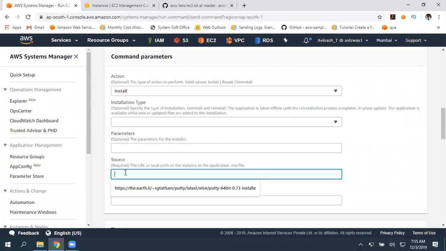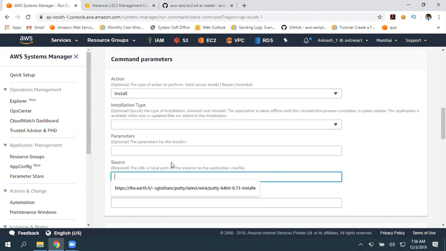So in that case, what you can do is upload that file to an S3 bucket, give read-only permission, and give that S3 URL here. When you give the S3 URL, automatically the file will be downloaded from S3, copied to our EC2 instance, and installed with admin permissions. So you really don't need to log into your machine to install, uninstall, or repair an application. So that is one.